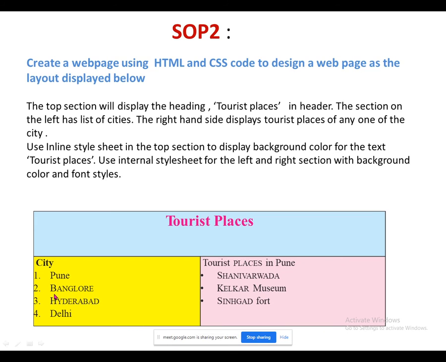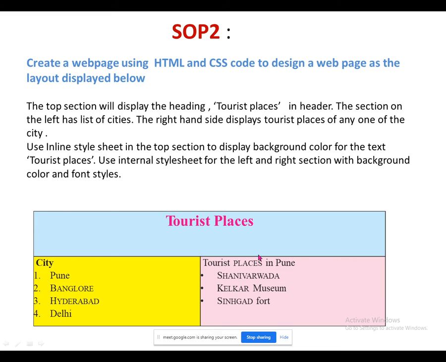Again, to manage the height and width, I have to use height and width for the left section. Okay, now the left section I can manage with the section element. Background color I have to manage. Then see here it's giving the OL list. Okay, an ordered list it displays. So I have to use the OL tag again. The city heading is given with some bold effect, so I have to manage it with either H1 or H2, whatever, but it should be with the bold effect. Okay, and whatever city names you are going to display, you have to use the OL tag.